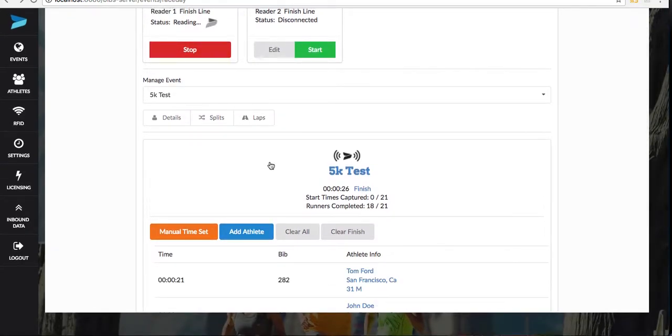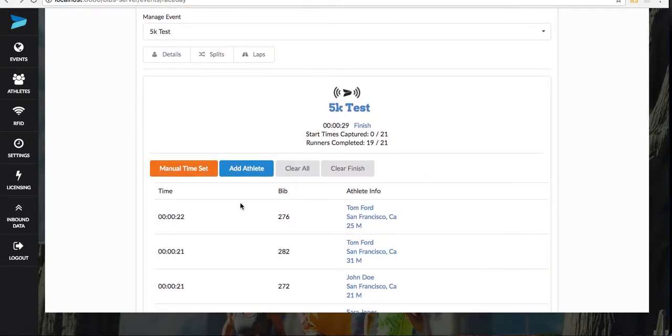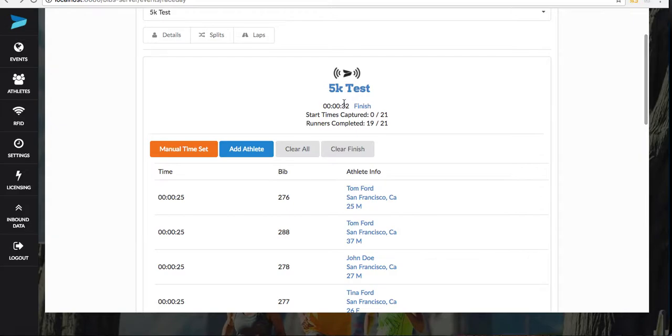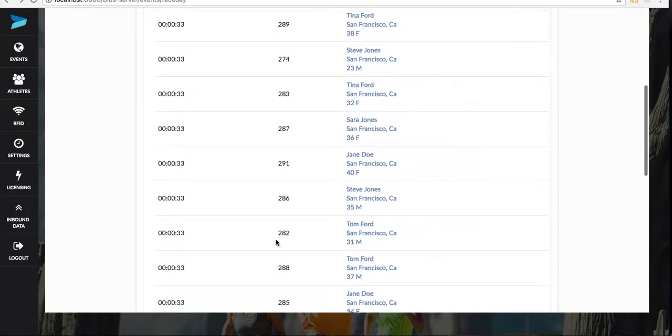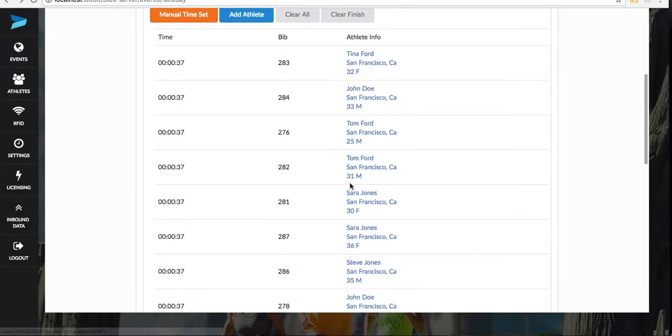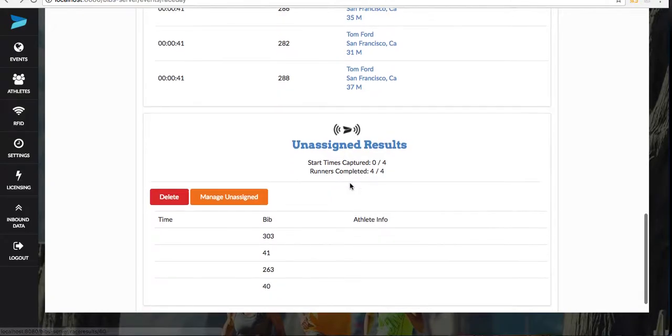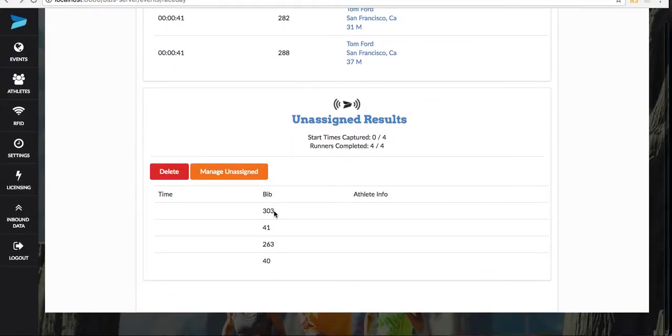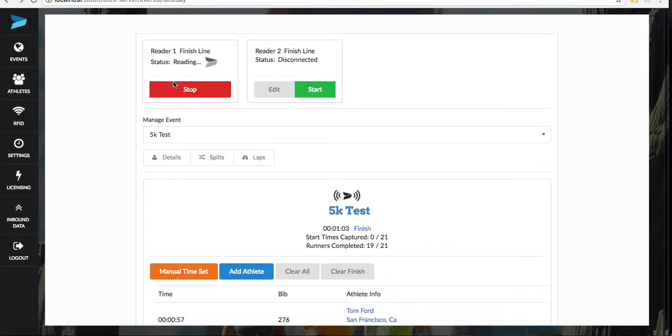So yeah, I've got a few tags sitting on top of it, and then this updates like every 4 seconds as it pulls in another batch. So the time's always slightly behind, but it's always updating to the time that their tag grabbed. We just update the announcer mode every 4 seconds. So you'll see all the tags that I have on top of the reader and the information that I imported for them. And then you'll see a few tags that it's picking up near it that I put there purposely that are not in the system. So for those tags, they'll come in as unassigned results if you handed a bib number out, or if you don't have the athlete entered, and then you can go in the athletes and resolve that later. So I'm going to go ahead and stop the reader,